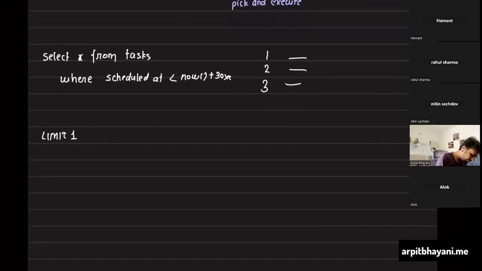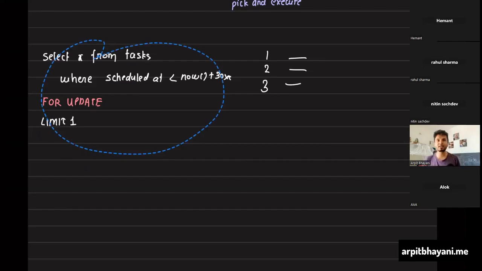And for update, we have to write for update. Whatever this row comes by, ID or something, we have to set status picked. No, that is the update part. Okay, so that would go as an update query. That would store something. So we'll come to that, because this query is still not done.